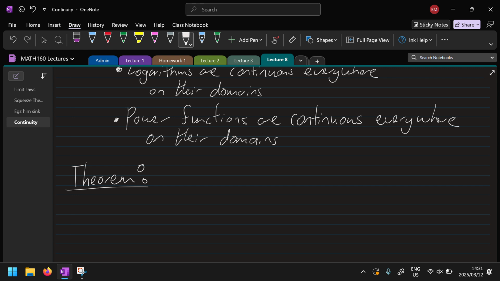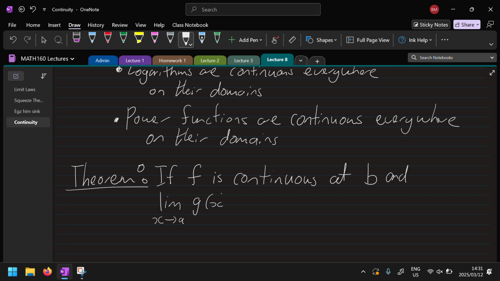This is also without proof. We can just take it as is. If f is continuous, we know what that means. If f is continuous at b, some point in the domain, and the limit as x goes to a of g of x is equal to b, the same b where f is continuous,